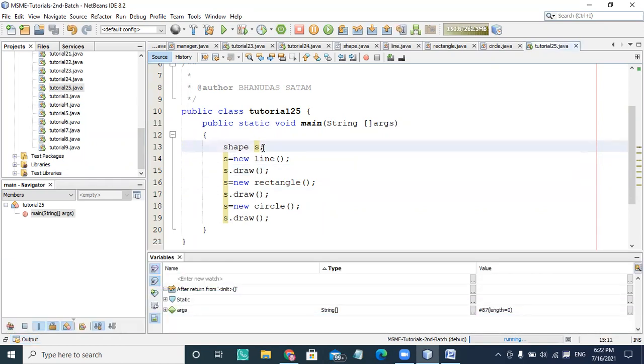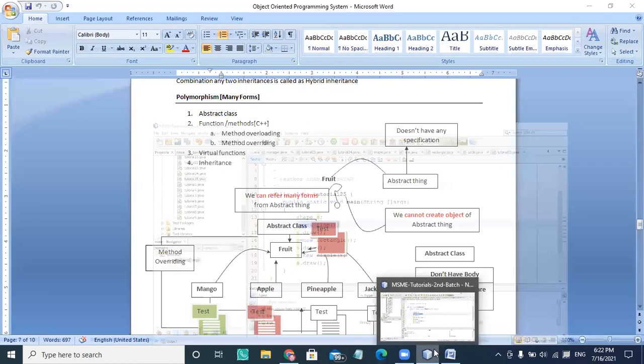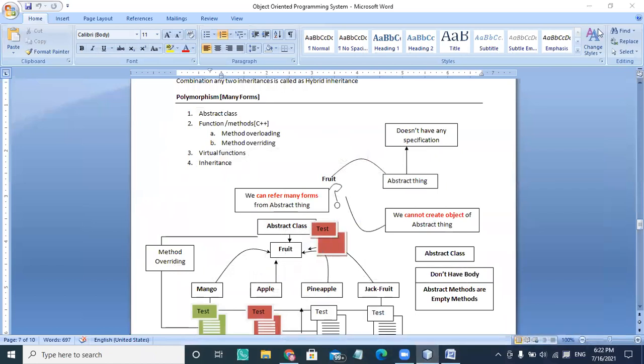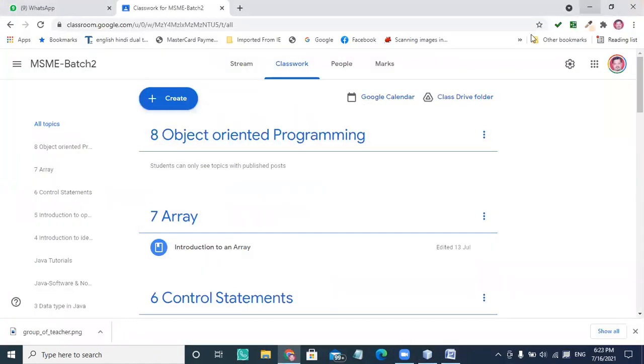Because I can't create the object of it. I can't instantiate the shape object here, but I can refer my abstract object to any concrete object. And as per my requirement, I can create a polymorphic class like shape, and I can call the respective methods here. So as per user choice, at runtime the user will select the object accordingly, and the respective